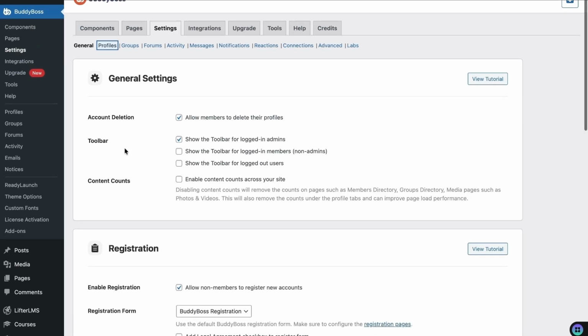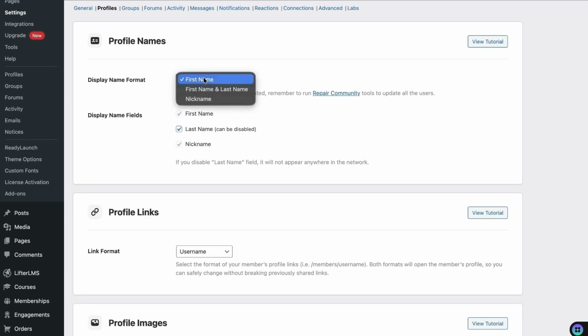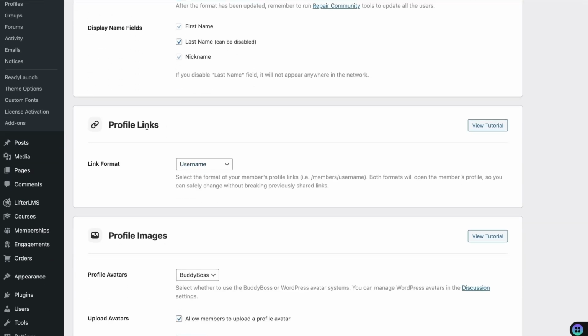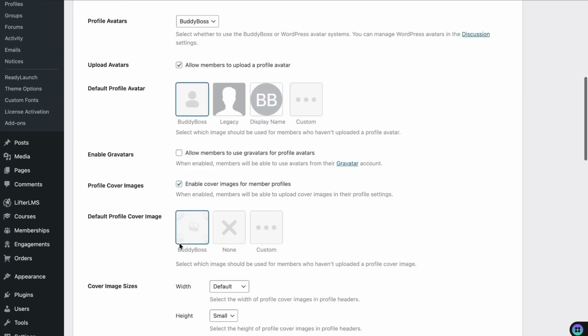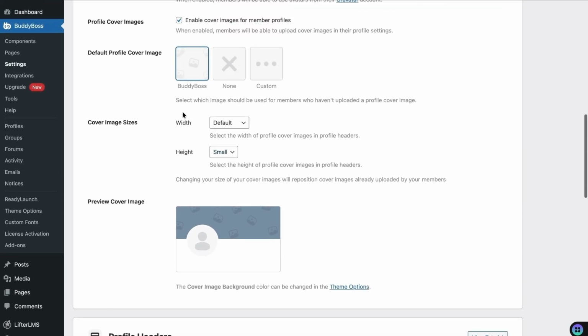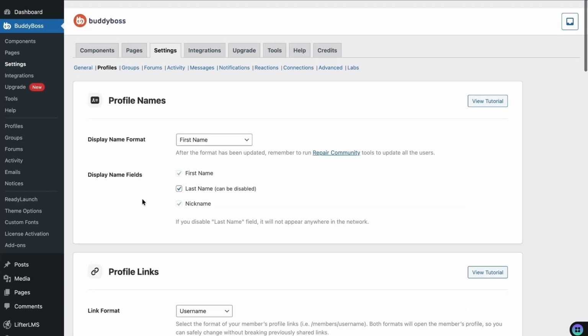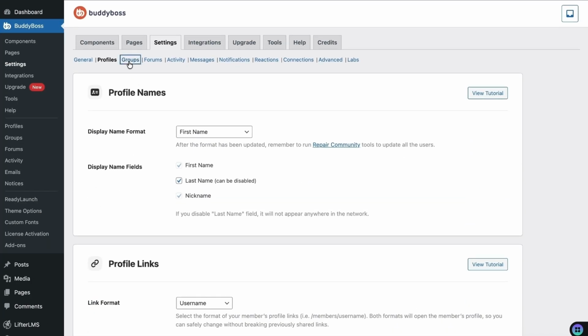So if we click on BuddyBoss settings and profiles, from the settings area we can control all the profile options such as how the display name format will look, how the link will look, and image and cover photo styles. So we can select each and every option of profile from this profile settings area. You can choose your style as per your requirements, and then we have groups as well, where we can control